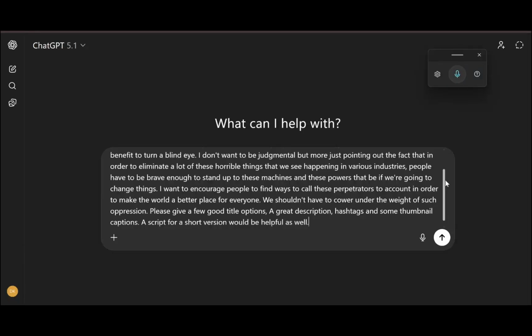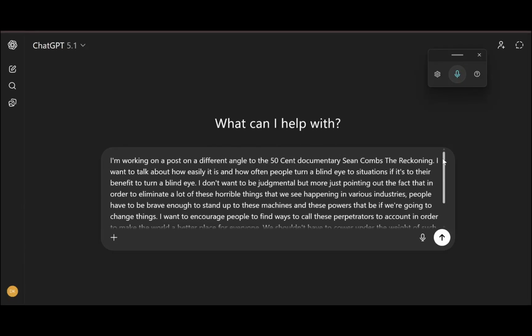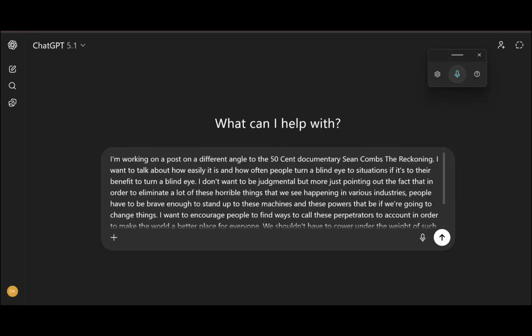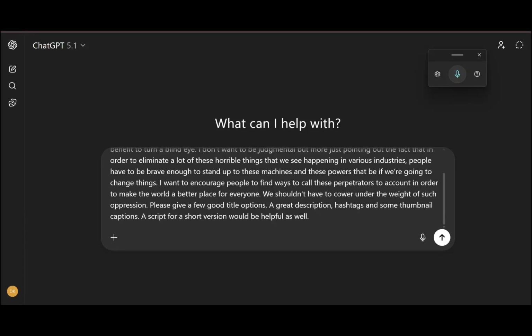All right, so that's it. So you see here, I just sort of rambled on here. Sometimes I'll go back and look through and see, do I need to fix anything? Just to make sure it understands what I wanted, because sometimes the dictation can be off. Generally, you should get what you need from it, but you just want to give it a glance to make sure it didn't get any words wrong or anything, to make sure it's got what you need here. All right, so everything looks good here to me.